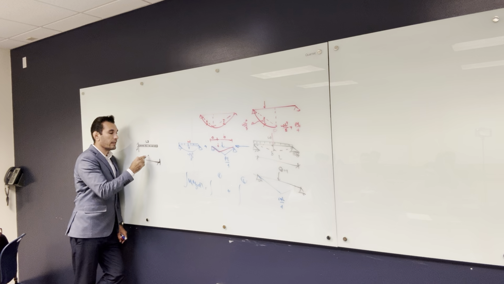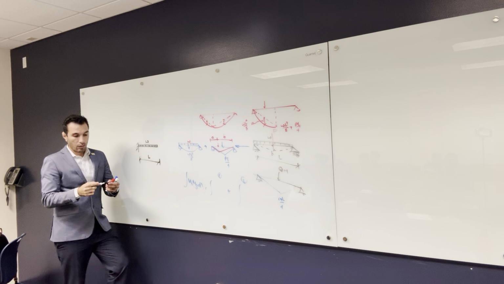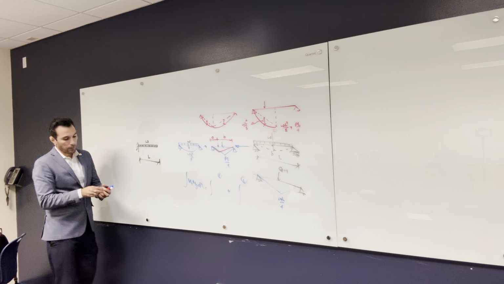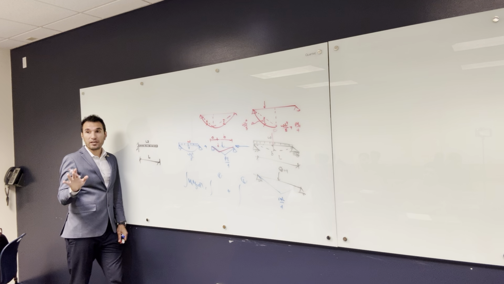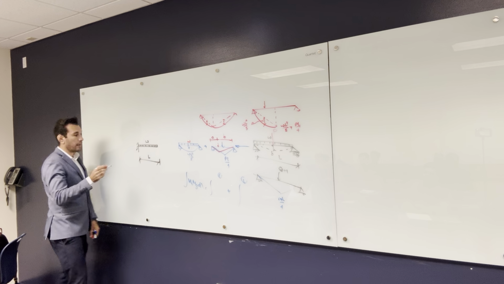Yes, and you want to find it by double integration. Okay. So with this problem, the best thing is you need to find the bending moment in the general equation. You need to find the M at any section X, right? So you can cut a cross section here and try to have your x starting from here or x starting from here. For me, the best is x starting from